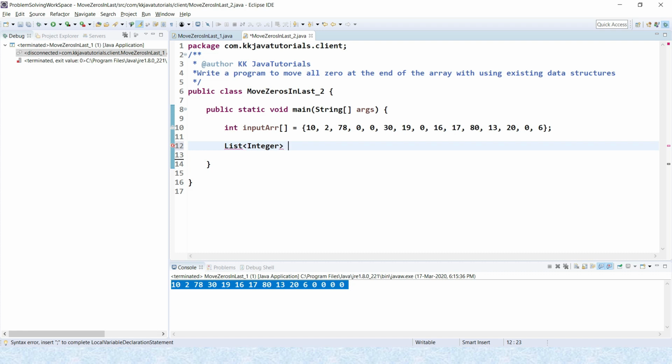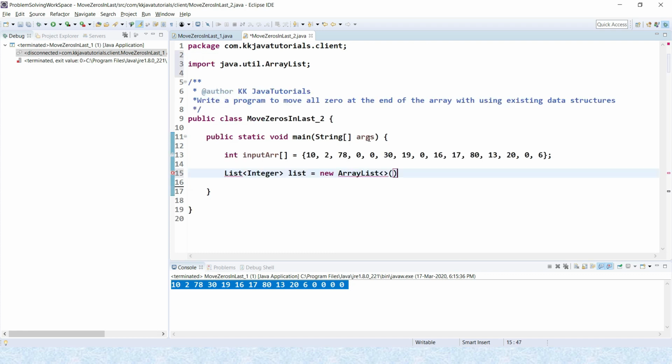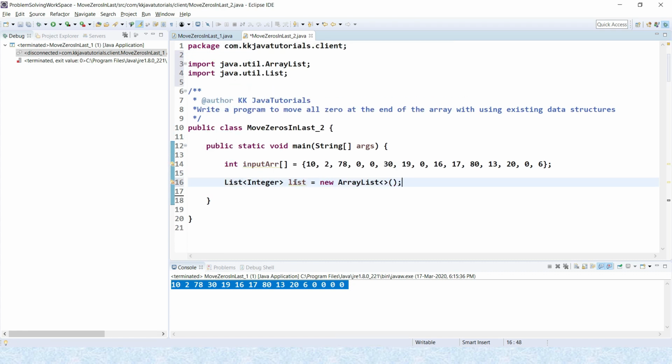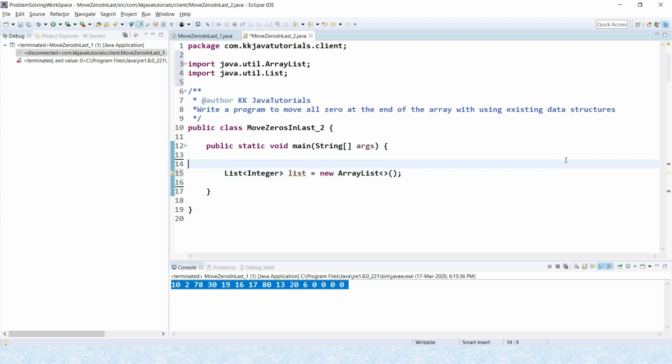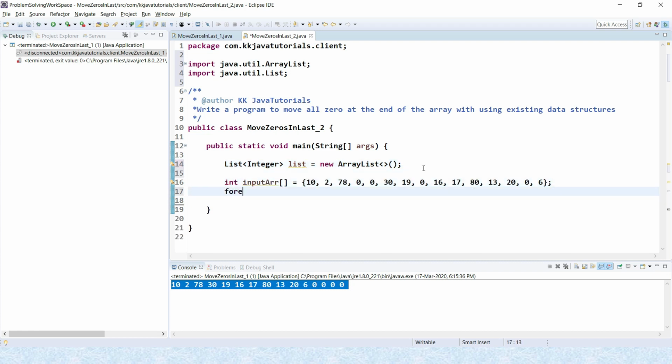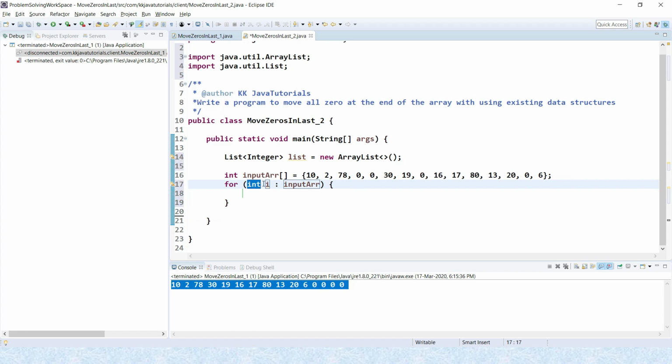So this is just my own thought, right? You may solve this problem with some other approach, but this is just my thought. So I have created a list, just taking an array list. Now what I'll do, I'll iterate this input array, and let's say each element is called data,